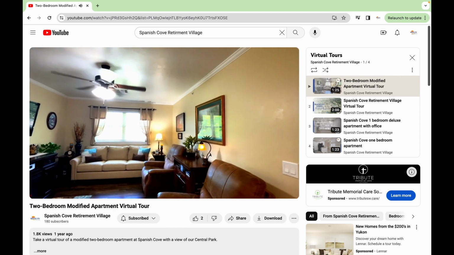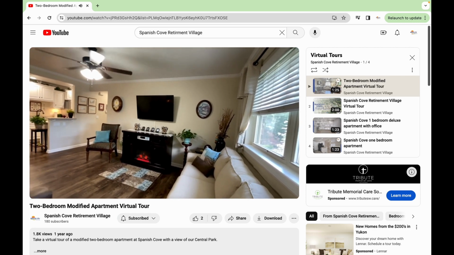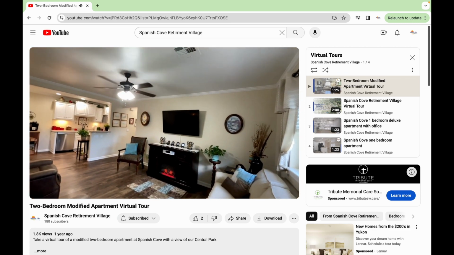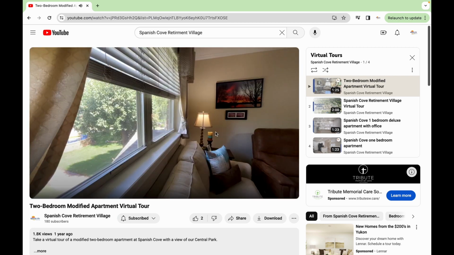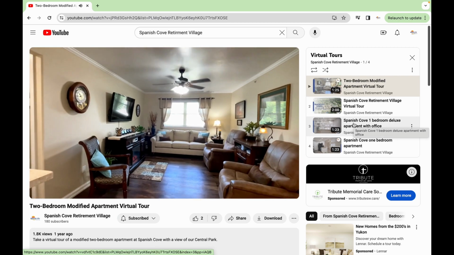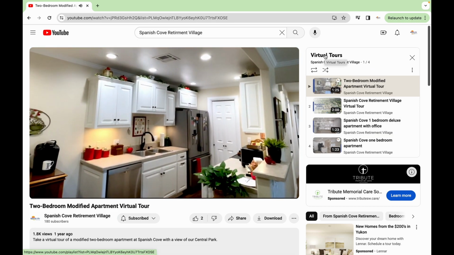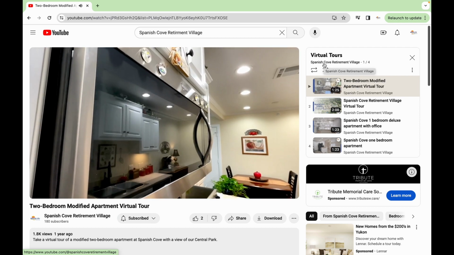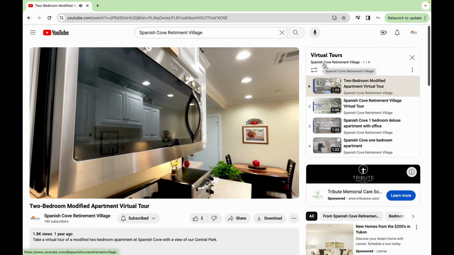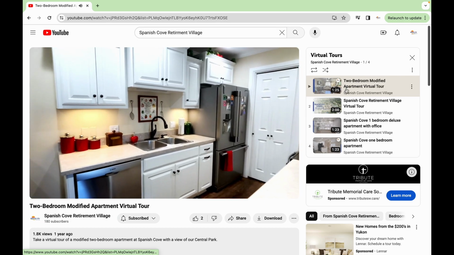This is a 2-bedroom modified apartment virtual tour that you can actually take online to see one of the apartments at Spanish Cove. So this is a really good spot for you to come and just focus on one subject at a time. If you come over here to your right-hand side, this is the title of the playlist, who this playlist is featured by, Spanish Cove Retirement Village, and then they have all the different playlists that are available